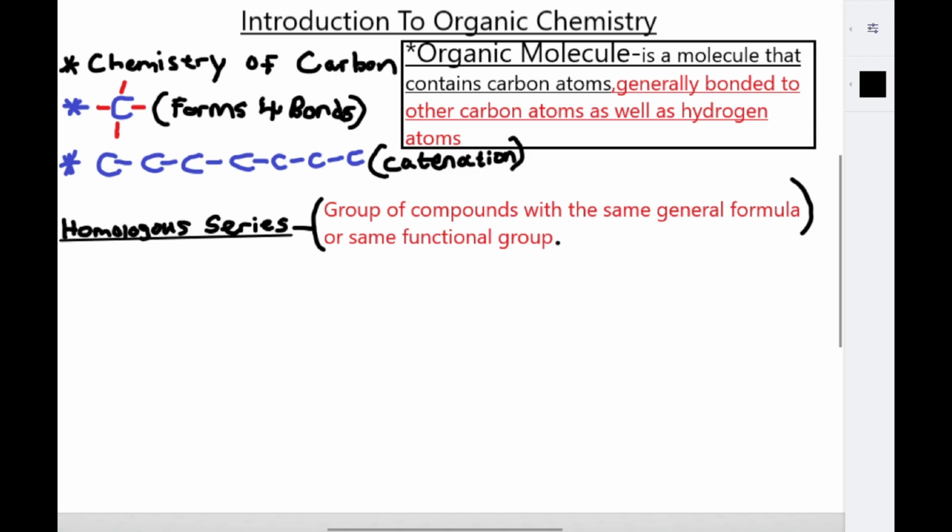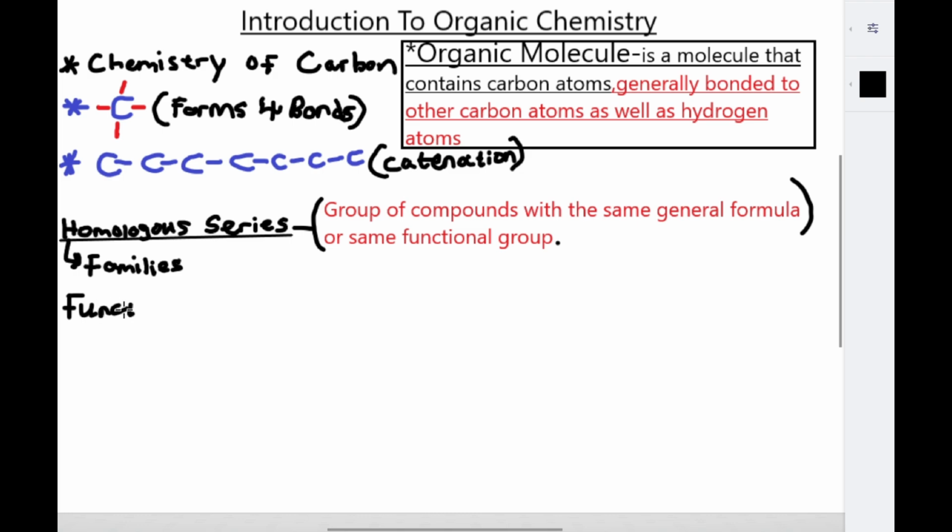Now, the best way to remember this is by saying these are the families, the family of compounds. But never write this in the exam. Please, I'm begging you. It effectively means: which family of compounds does this compound belong to? That's what it means, guys. And the reason we have homologous series is the functional group. The functional groups help us determine the families.